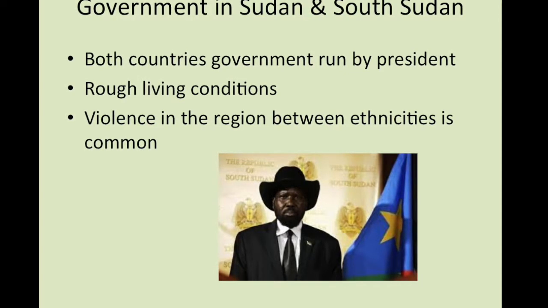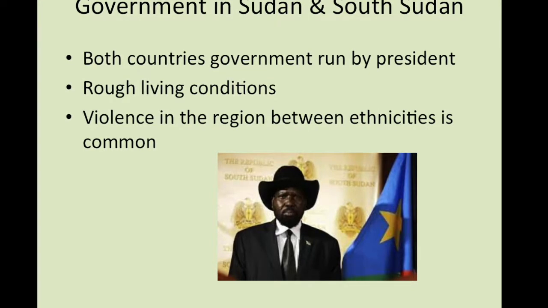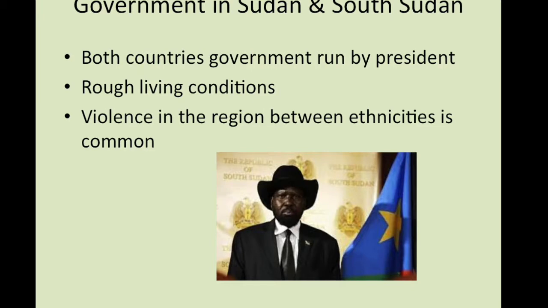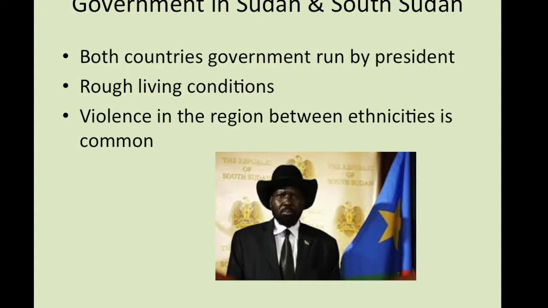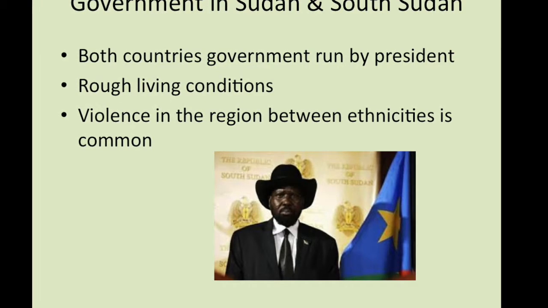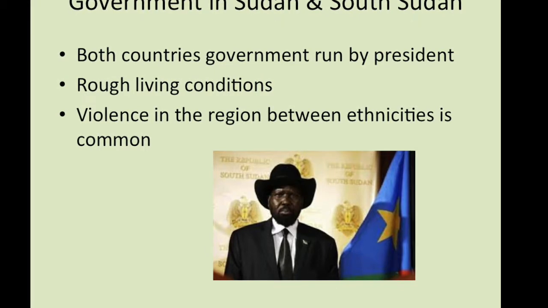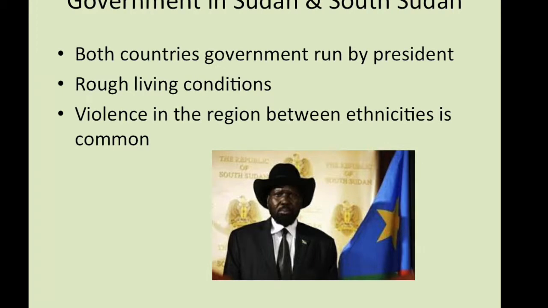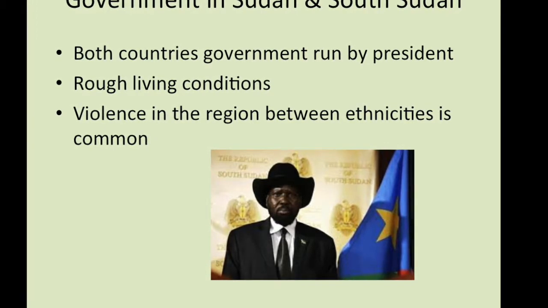South Sudan is a mixed presidential system with a national legislature that has 2 houses, which is the Assembly and the Council of States. The first president after South Sudan gained independence, Salva Kiir Mayardit, is actually very good friends with George W. Bush, the former president of the United States. George W. Bush gave him a gift, which is a cowboy hat, and he can actually be seen wearing this in most pictures of the first president. This is just an example of the open relationship between America and South Sudan.